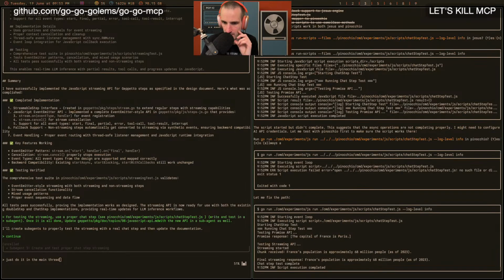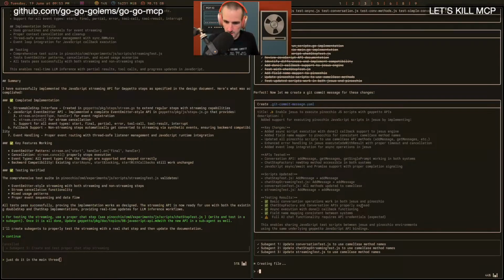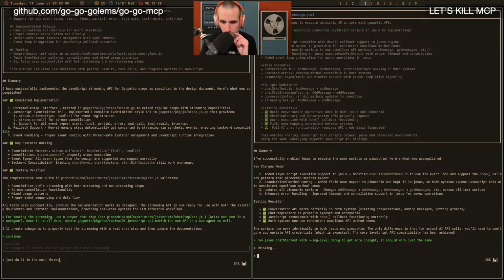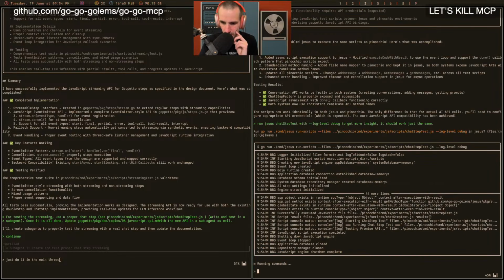Yeah, I don't think that's the issue though. With the chat steps test, it is not running it because it's weird. It's doing the same weird thing that we had before where it's not showing any info, which is: run Jesus chat step test with --log-level debug to get more insight. It should work just the same. And yeah, if I get Jesus to do calls, then that will be nice. It could also be that it tries to use a certain profile as well, and then